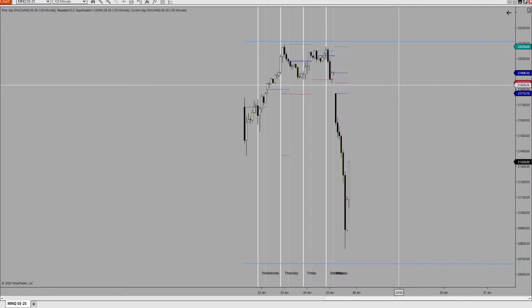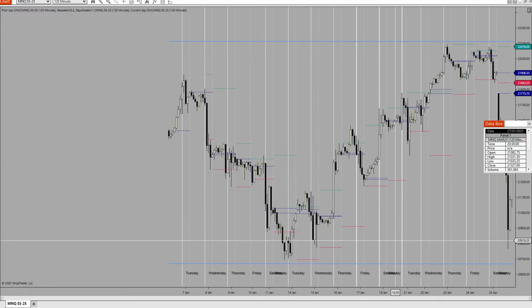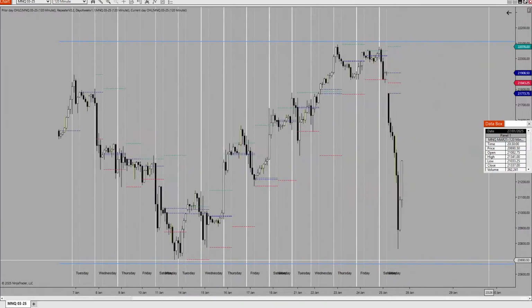Increase the number of candles over here. 20 days. That's what I want to see. Okay, so on a 120 minute basis, you can see all these candles have been down close candles. After this sell side liquidity has been tapped into, the price has retraced back inside this range.